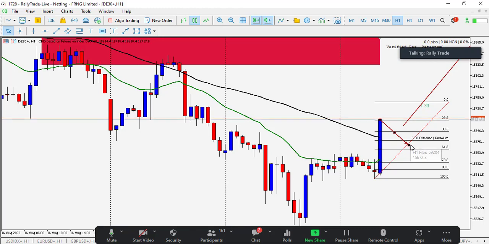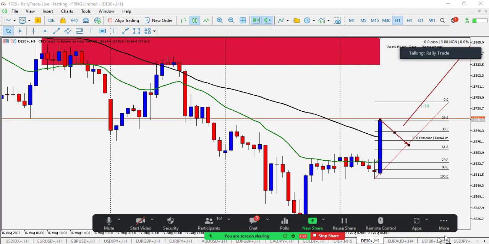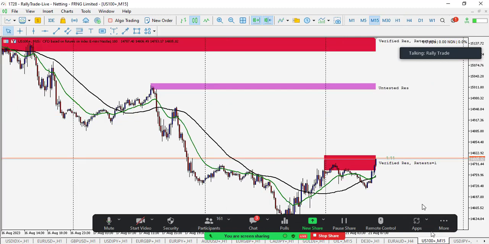Okay. Now remember, for the swing trading, I've given you a signal. I said on the H4 time frame, wait for the candlestick to close as a bullish candlestick. That will serve as a continuation pattern. Then you can now start doing your buy. Okay. Now let me rush fast so that we can close by 9 on the dot. US 100 based on popular demand, guys. US 100, D30, most of them move in the same direction, right?